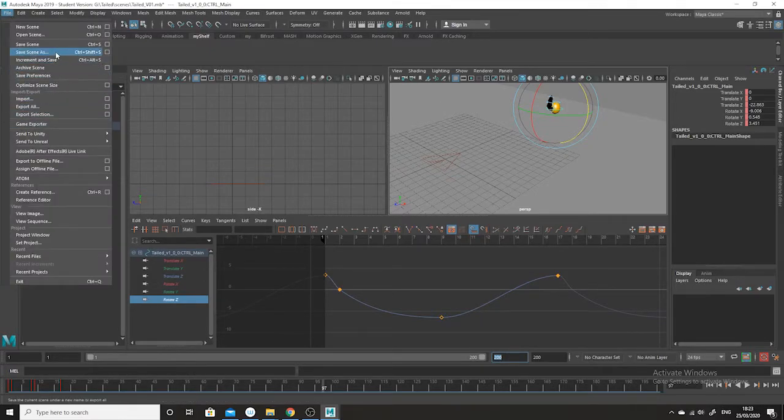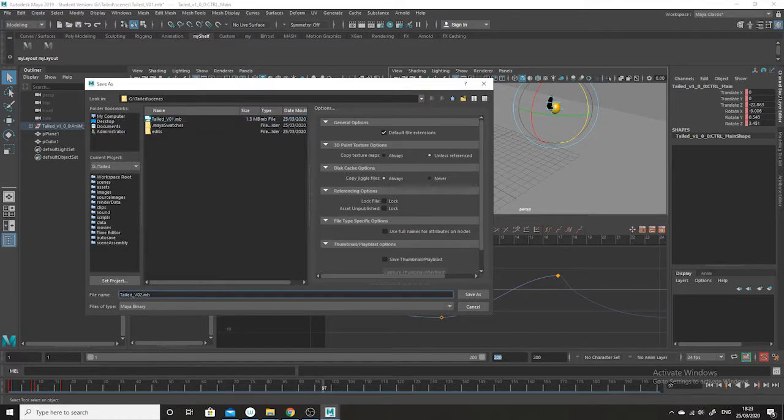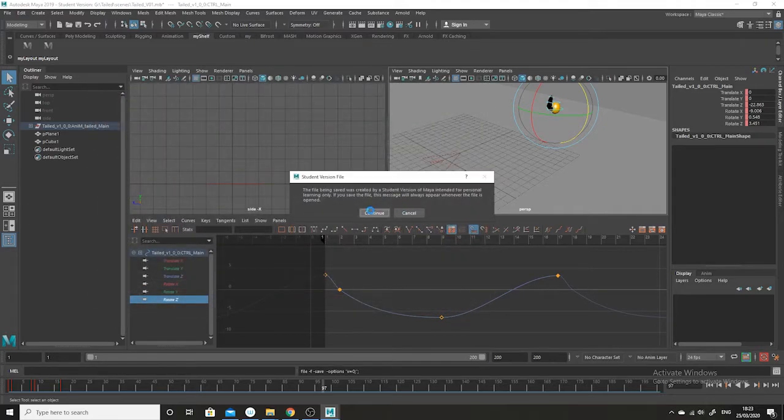So File, and I'd always version up. So don't just save scene. If you've got version number 1, save up to version number 2. So version number 2,